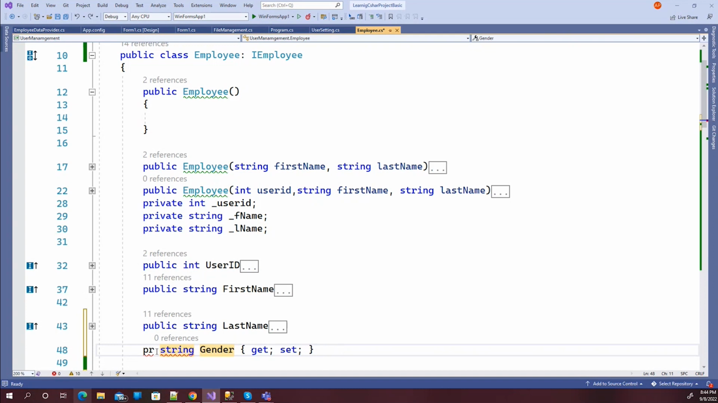Not make it private, I'm making it public. But what I will do, no, let's make it private for now, so that it will be easier for us. So in private, what I want to do,